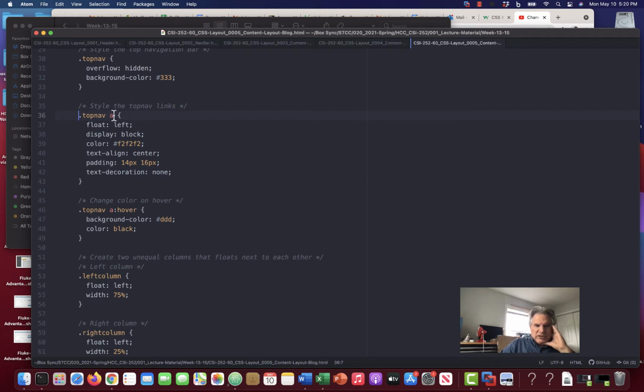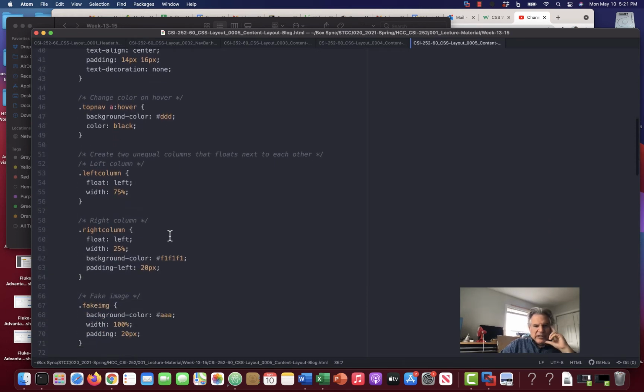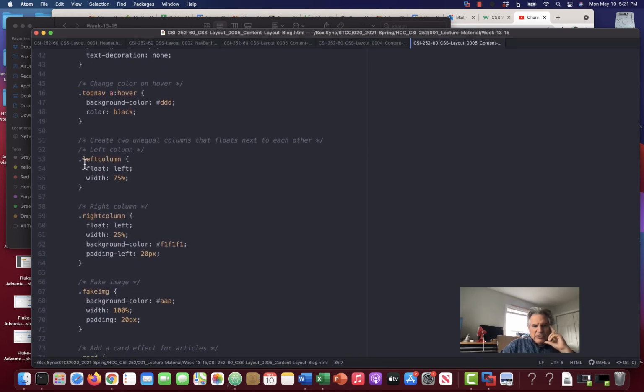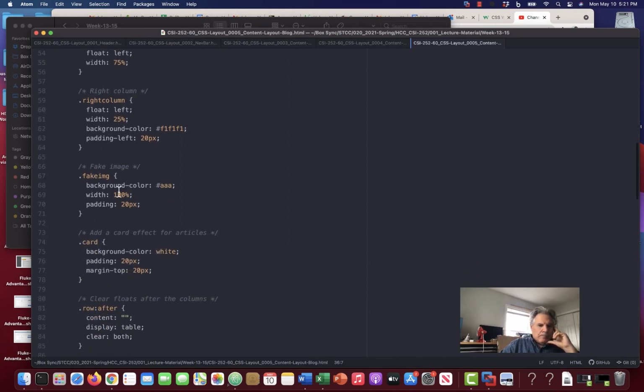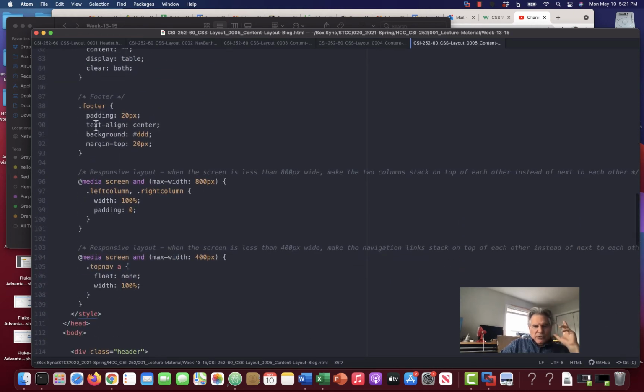You can see top A. You can even, if you hover, see A:hover. This is I think called a pseudo selector. And in the top nav bar, if you hover over an A, its background color will change, and the color of the text will turn to black. And here we've created something called a left column and a right column, fake image, card, row. So the footer you've seen, and then